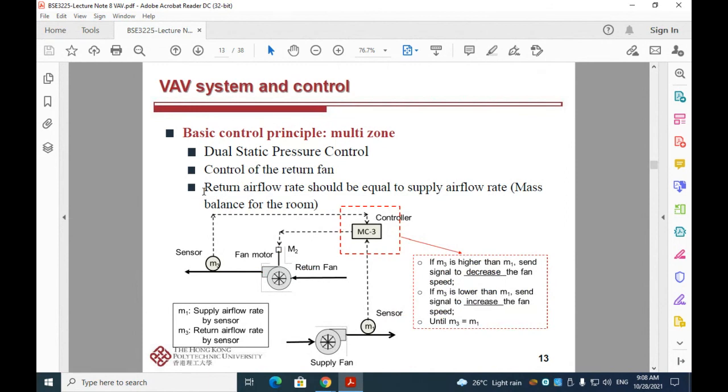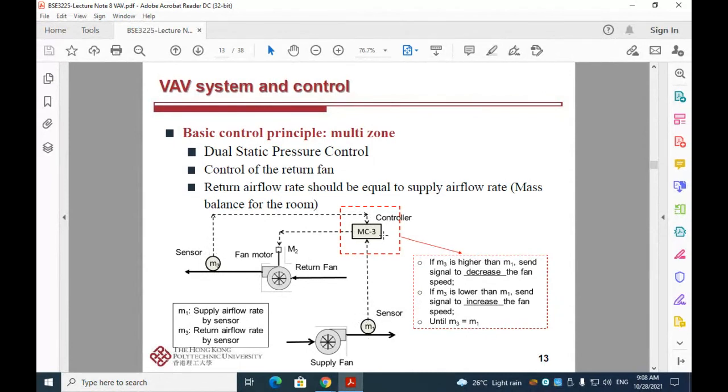And also, the return airflow rate should be equal to the supply airflow rate. This is the reason why we also have sensors at the return fan and at the supply fan, to measure the actual supply airflow rate and return airflow rate. And the controller will take the two measured